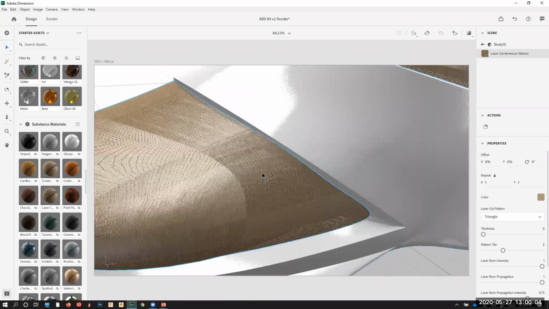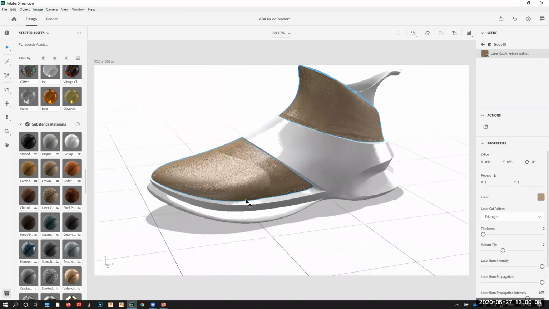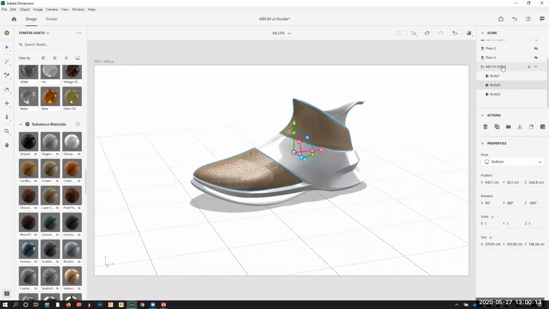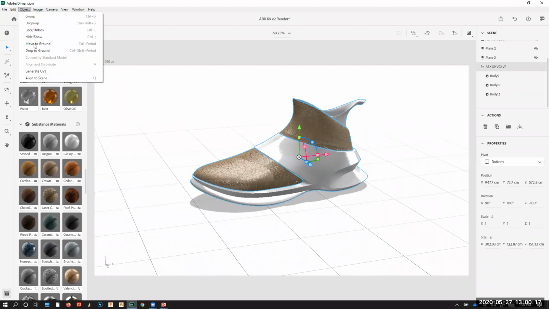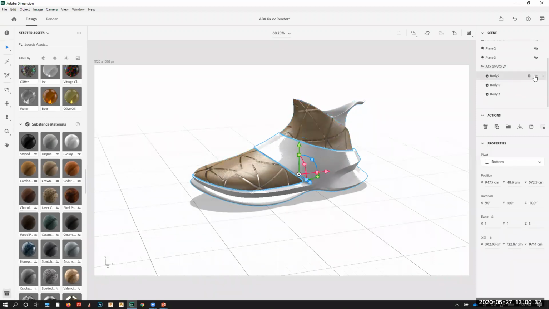You guys can zoom in and see that the UVs are not quite right. So what we'll do is go ahead and select that whole model. So here I'm selecting the whole model and going to generate UVs. And basically what this does is it allows the shaders to be a little bit more accurate. So now that we have that, then I can go to the selected body, which in this case, I believe